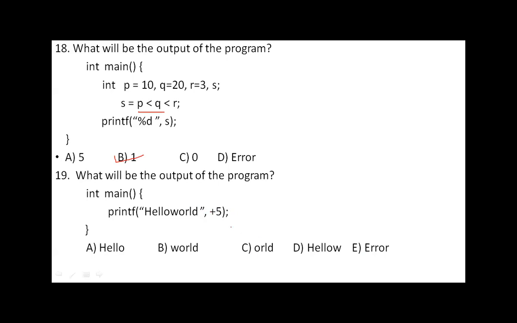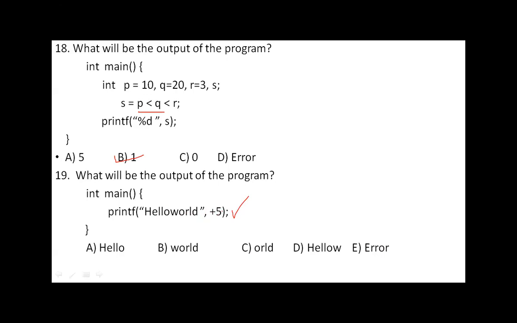There is no error. This is absolutely a valid statement in C language. The meaning of this is move or print after 5 characters onwards. Move away 5 characters and print from there onwards. That is the meaning of this one.